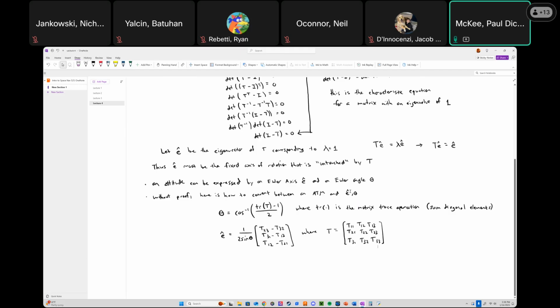Now, if you want to go the other way, T is equal to the cosine of theta times the identity matrix plus 1 minus cosine theta times the vector E multiplied by its transpose, minus sine theta times the E cross product matrix,